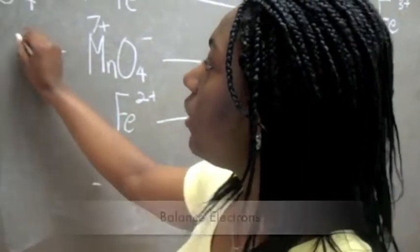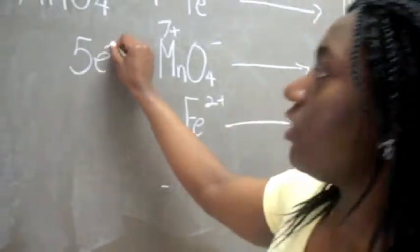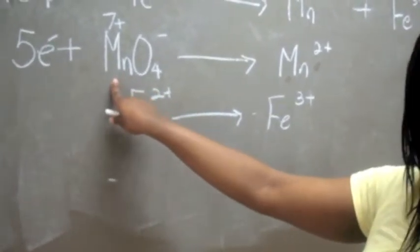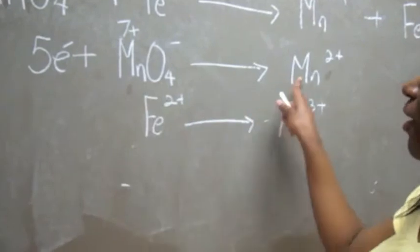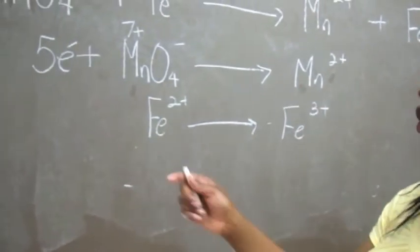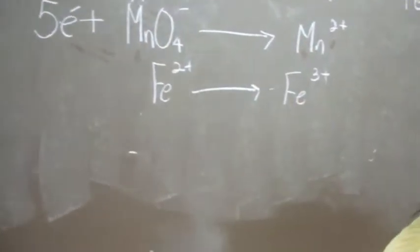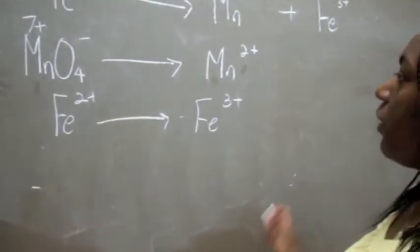So we have to add 5 electrons to this side, and that's just because here manganese has lost 7 electrons, while here it lost only 2 electrons. So to balance out, we have to add 5 electrons to this side to make it both 2 electrons. Okay, and